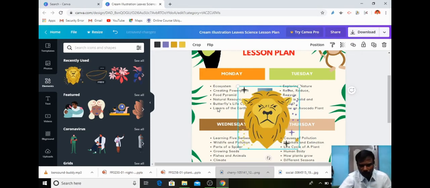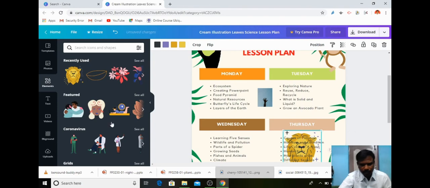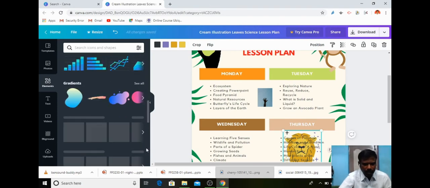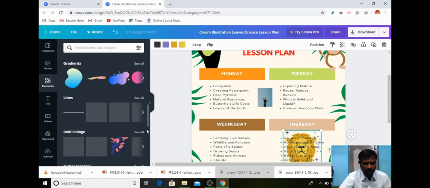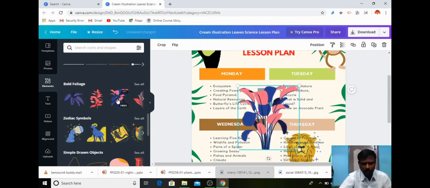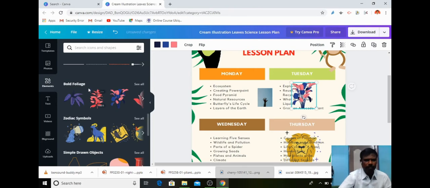I can select one, modify it like an image, and put it here. So like that there are a lot of images in the elements. If I need these flowers, I can select this flower and I can resize it. I put it in the Tuesday. So like that I can change the elements.